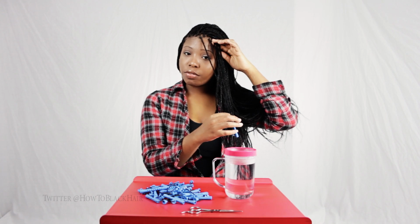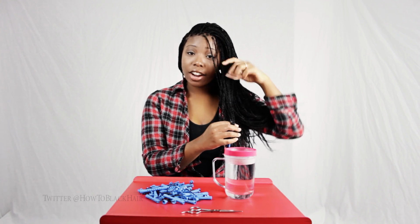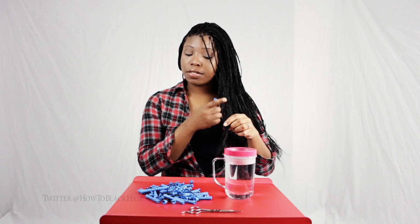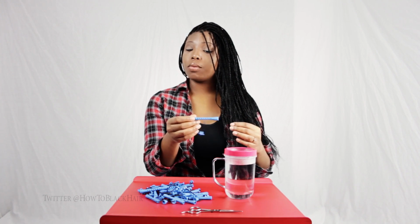Now from the distance from my root to the ends, I like to only roll up 1/3 of the way on the braids. If you roll up any higher, you risk the chance of the steam or the water burning your scalp or your face or your skin in general. So I like to only roll up the amount of hair as I go 1/3 of the way up the braids. You just want to gather all of the braids till you get to the end,